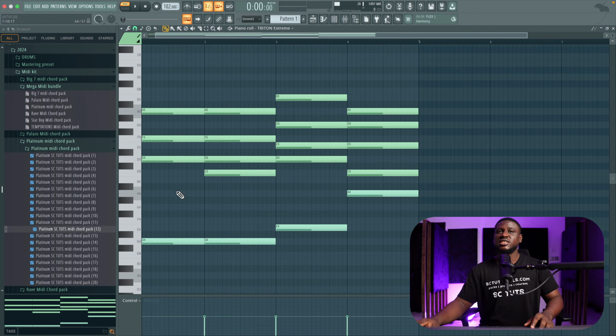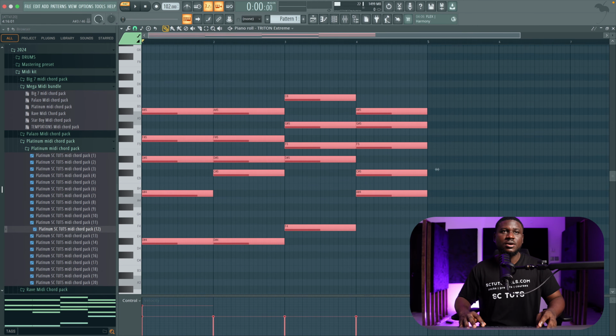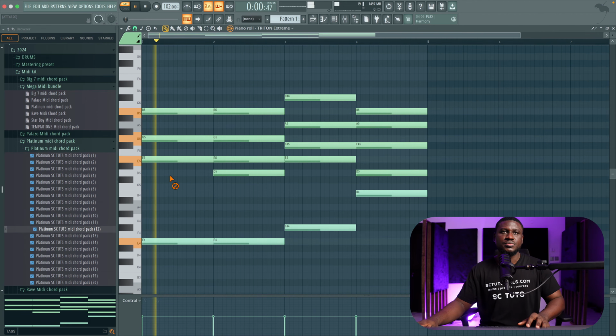Or if I want to just change the key, I could just highlight everything and transpose. Okay, so this is currently on A minor, or C major. C major and A minor, they are relative, so it's basically the same. Okay, so I could take this now and it's now in B minor. So